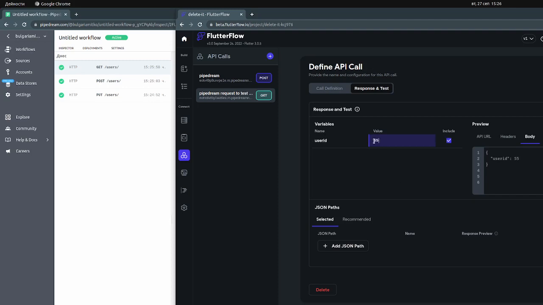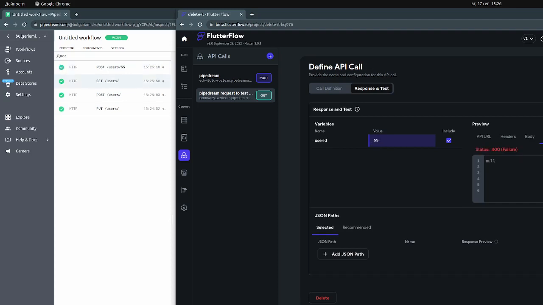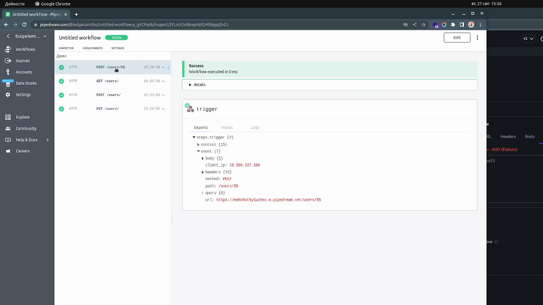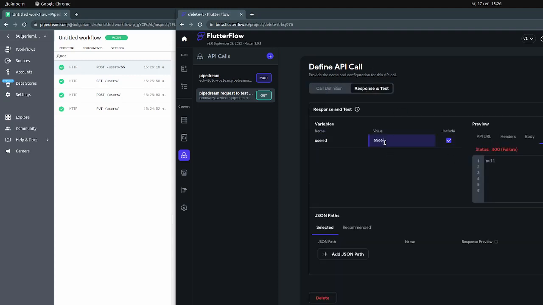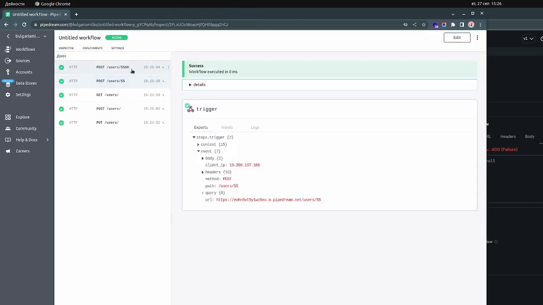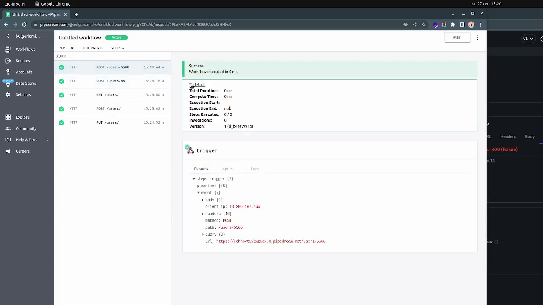We want the user ID with 55, and then we say send API, and now you can see here that indeed this is working, because the URL that we're sending this request to is pipeline.net/user/55. So if we go over here, you can see that it's user ID, and if we change this to whatever number, 5566, send it again, you can see it's 5566. It's not returning anything because we don't return anything,